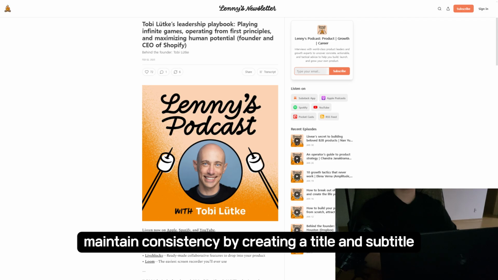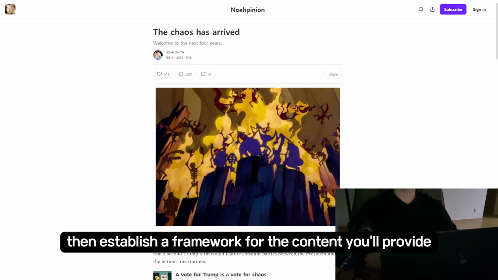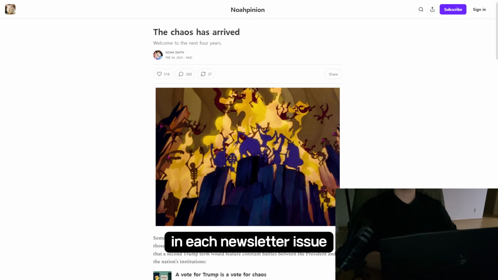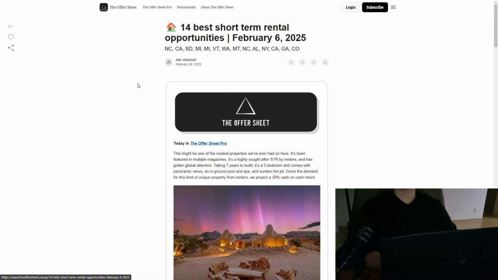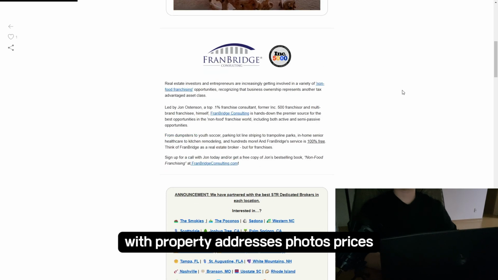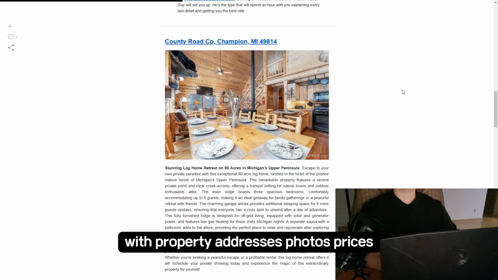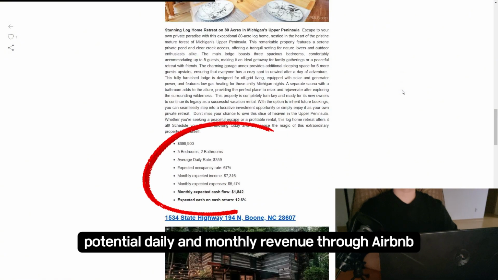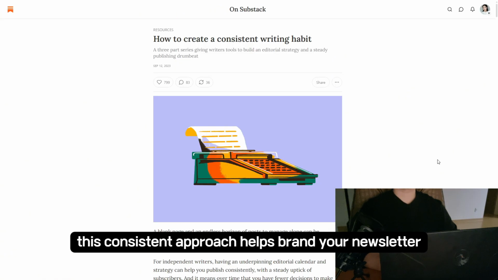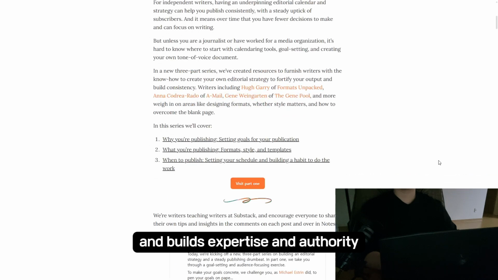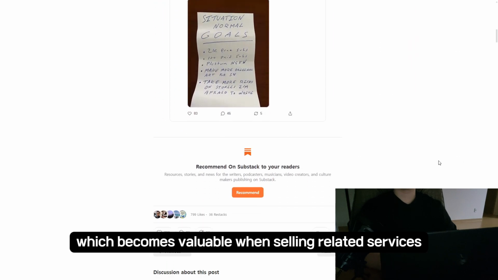First, maintain consistency by creating a title and subtitle, then establish a framework for the content you'll provide in each newsletter issue. For example, the offer sheet, which curates local real estate information, consistently structures its content with property addresses, photos, prices, number of bedrooms and bathrooms, potential daily and monthly revenue through Airbnb, expenses, expected occupancy rate, and expected cash-on-cash return. This consistent approach helps brand your newsletter and builds expertise and authority, which becomes valuable when selling related